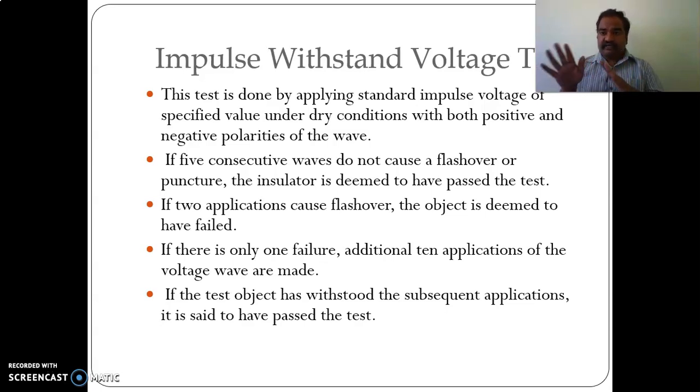If for 5 consecutive applications of voltage there is no flashover, then the insulator is supposed to pass that test. If 2 applications cause flashover, then the object is supposed to have failed. If there is only 1 flashover during these 5 applications, additional 10 applications are to be made and make sure that there is no flashover in the additional